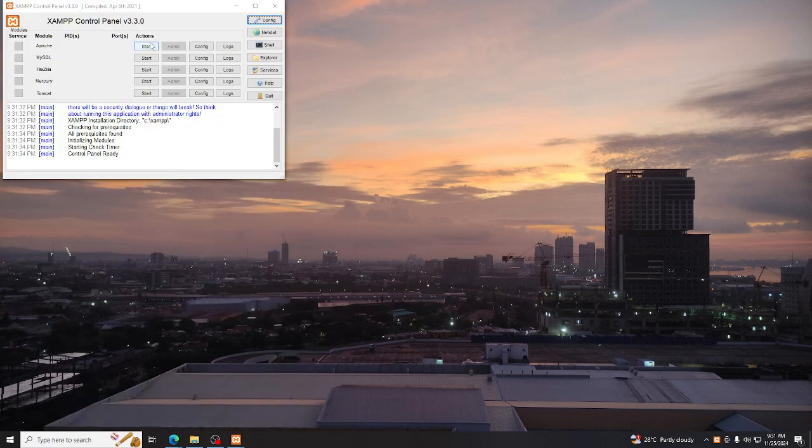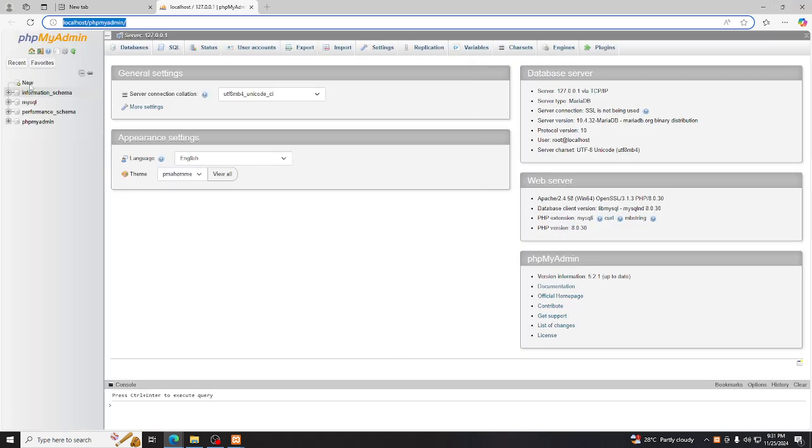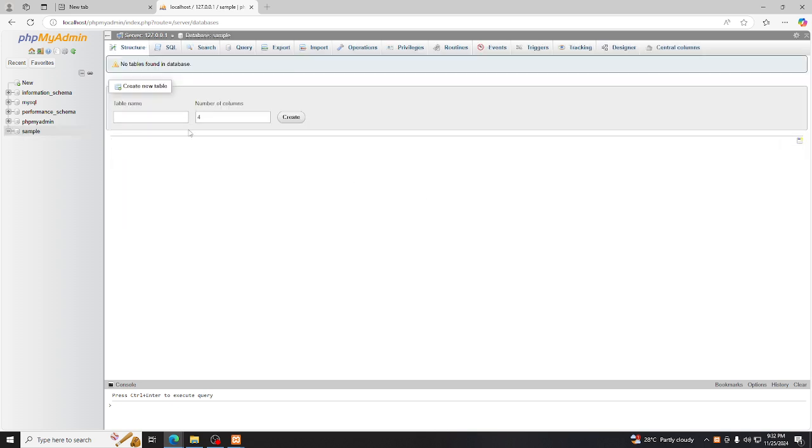and then click start for Apache, start for MySQL, click admin, and localhost phpMyAdmin will pop up. Then wait until it loads, and click new and name your database. So, for example, go sample, hit create, and then for table name, let's say